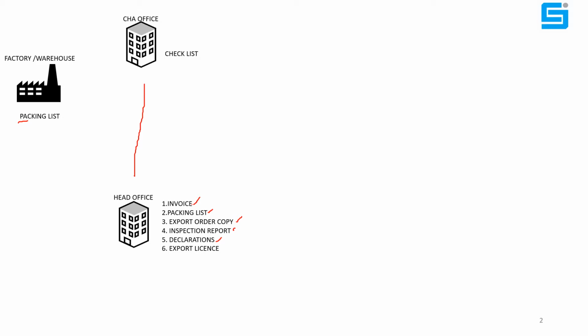They will prepare the checklist and send it back to the exporter's office. The exporter has to check all the details of the checklist. Please ensure that once the checklist is finalized, no amendment will be allowed in the shipping bill, because it generates the shipping bill and that will be the final shipping bill. There will not be any amendment. Therefore, the checklist is to be checked thoroughly before saying OK to the CHA.